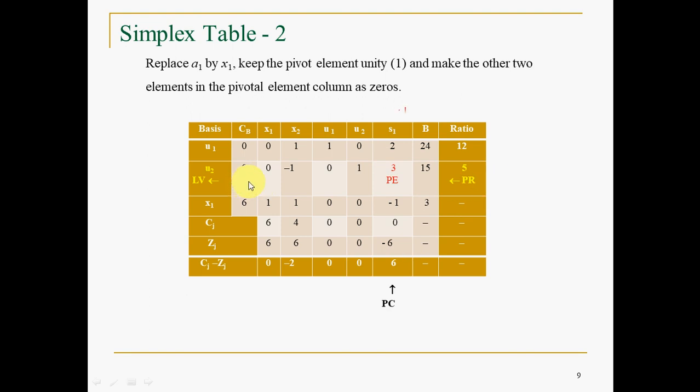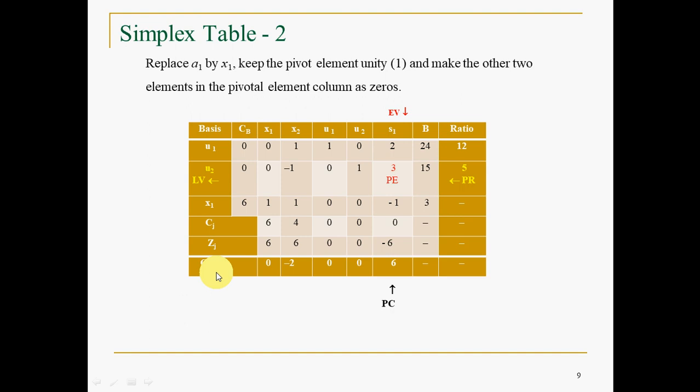Now let us identify the entry variable and the leaving variable also. The variable corresponding to PC is the entry variable. That is S1 will enter. Then which is the leaving variable? The variable corresponding to PR, that is the pivotal row, is the leaving variable here. Why are you going to the next simplex table, why are you not stopping here, you also have to understand. You have to continue the process or procedure